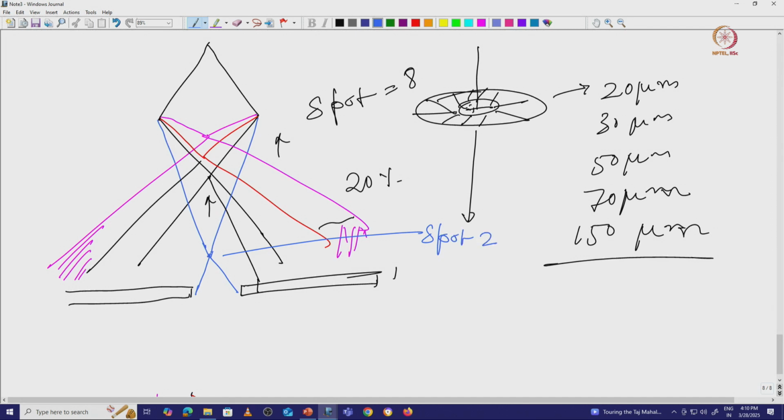So, someone can say that if we use spot size 2, your crossover point will be here, and most of the electrons will pass through your sample and you will get a very bright beam. But that beam is very strong, even if you consider that whatever electrons we are getting, 100 electrons or 500 electrons are coming from this source.